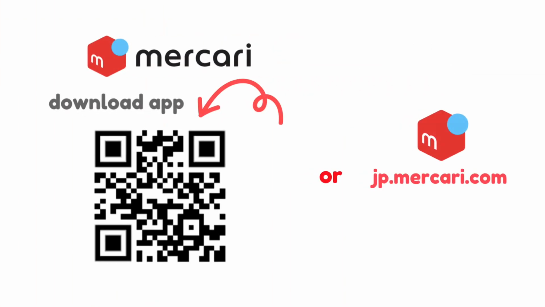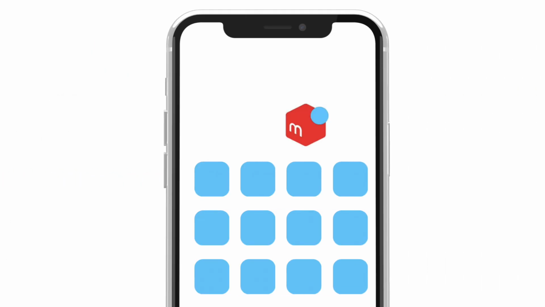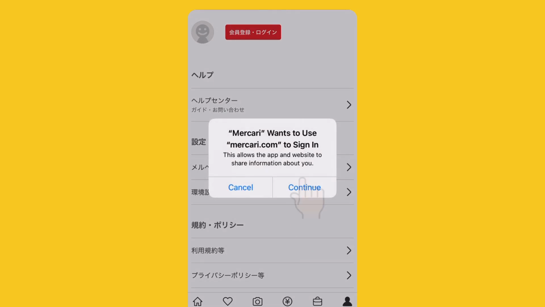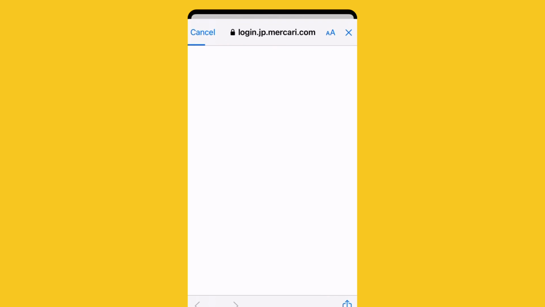So here is the QR code that you can scan to download the application, or you can go to jp.mercari.com. And once the app is installed, you open it, you will see the red button here, which says sign up and log in. So you tap on it, it will show you this